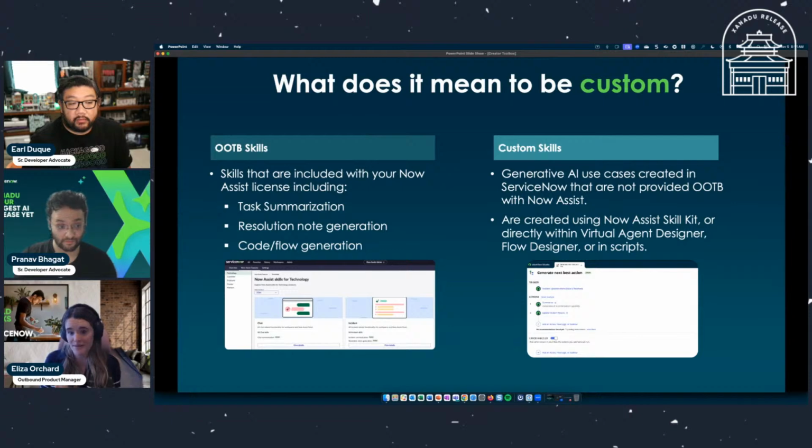When we talk about custom skills, these are the use cases that are created that are not available directly within the Analysis for ITSM, CSM, HRSD packages. You can create them directly with Analysis Skill Kit, or you can actually use the Generative AI controller. If you go back pre-Xanadu, you might have seen this. You can actually create them directly within Virtual Agent Designer, Flow Designer, or even directly in scripts